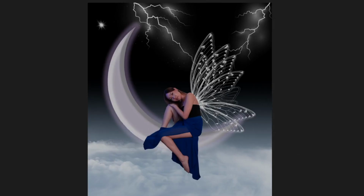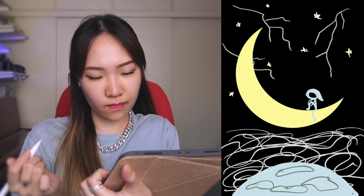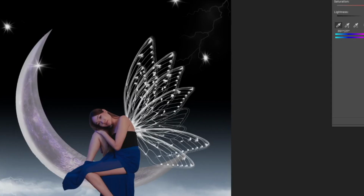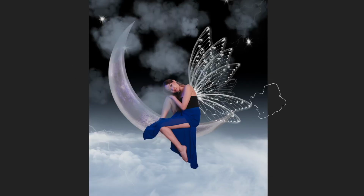Usually I have a vision of what I would want something to look like, but you guys saw the sketch and that wasn't really substantial for a final look. Genius. So I was kind of going in a little bit blind. I spent a long time tweaking all the colors of everything just to try and get it all to match the scene. Then it was time to add some dimension to the image by adding some fog,